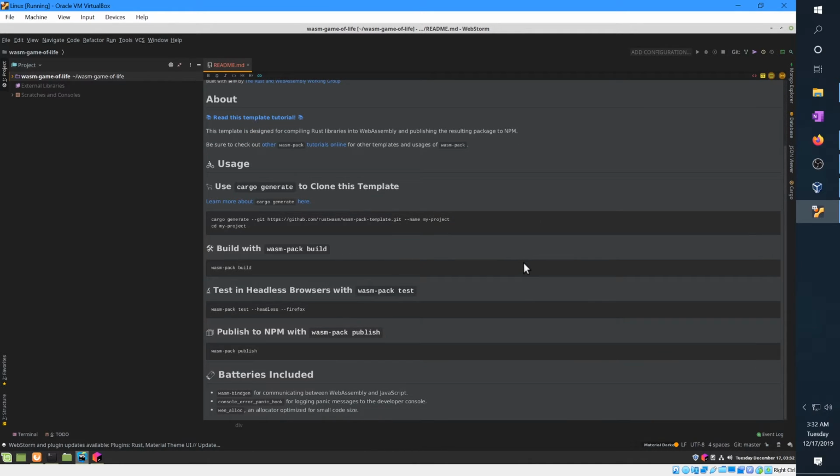Readme. Use cargo generate to clone from this template. Build with wasm-pack build. Test in headless browsers with wasm-pack test. Publish to npm with wasm-pack publish. And it's got wasm-bindgen, console error panic hook, and wee_alloc, which I kind of like. But as it says, wasm-pack test,